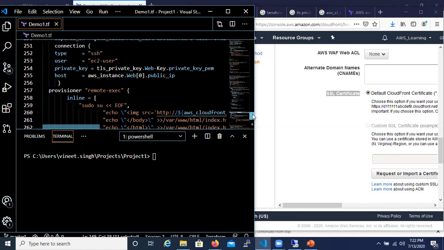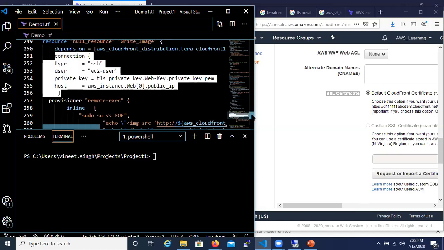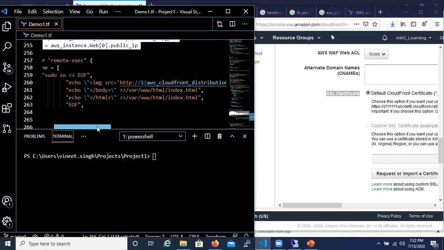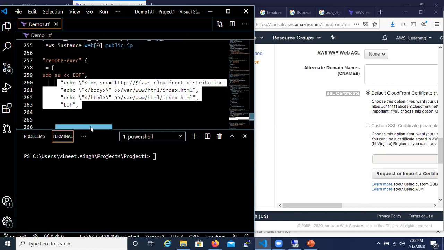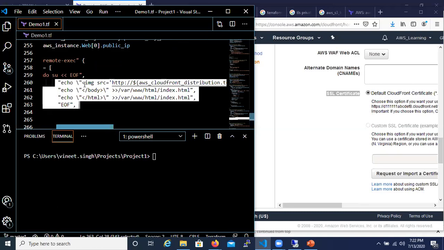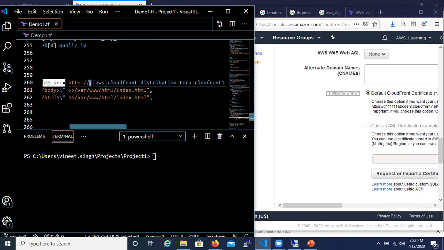So with this, I've defined here the connection parameters and provisioner remote exec, where I've defined what has to be updated. So this command will basically update the image source in my code, defining the value or the URL of my CloudFront.